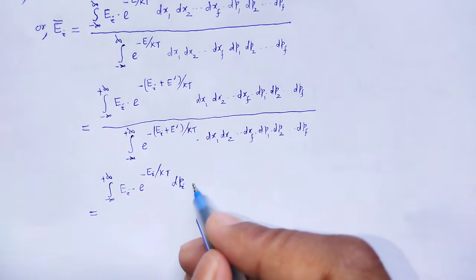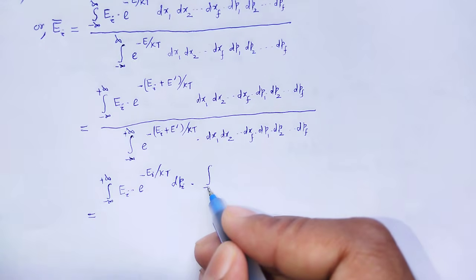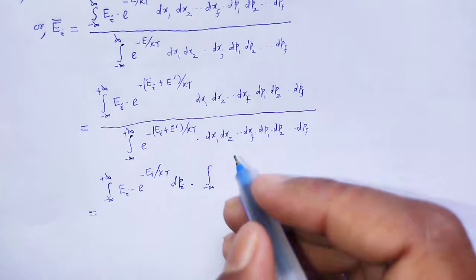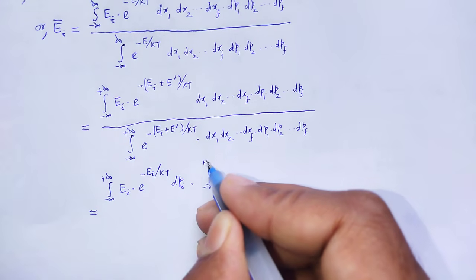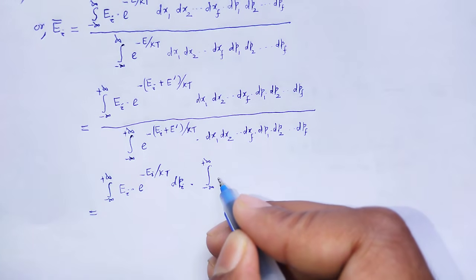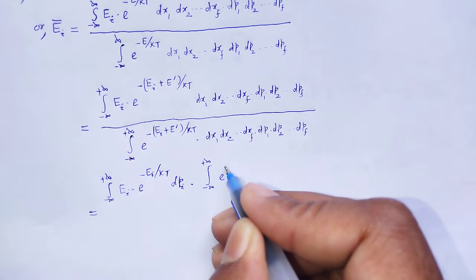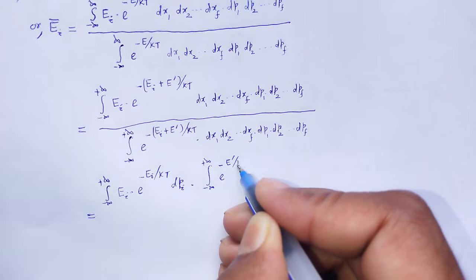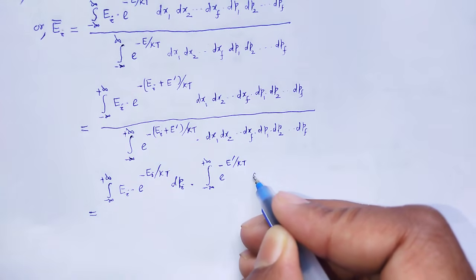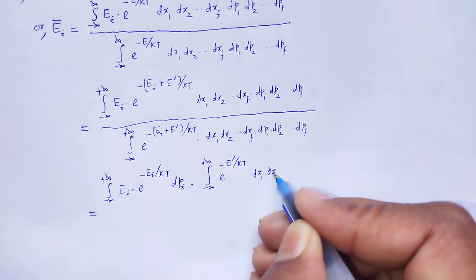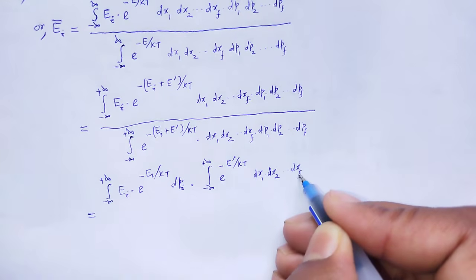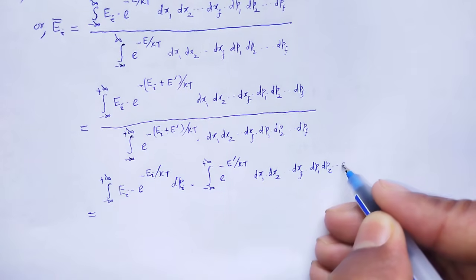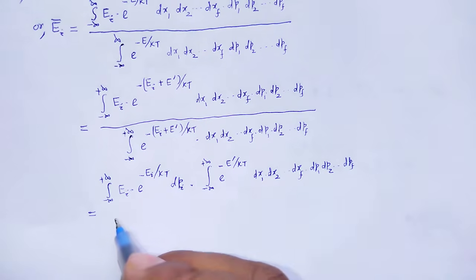Next, another term, as we exclude that pi from the coordinates, minus infinity to plus infinity, simply e to the power minus E dash divided by kt, the coordinates dx1 dx2 up to dxf, dp1 dp2 up to dpf whole divided by,